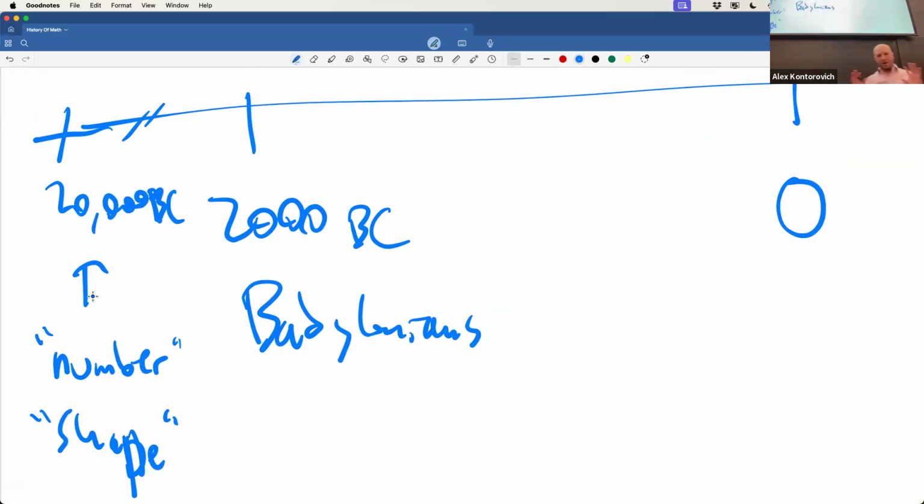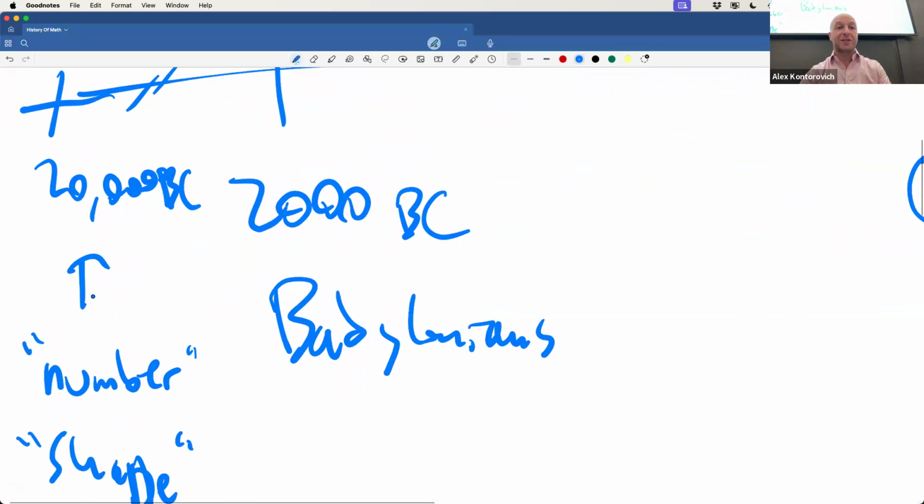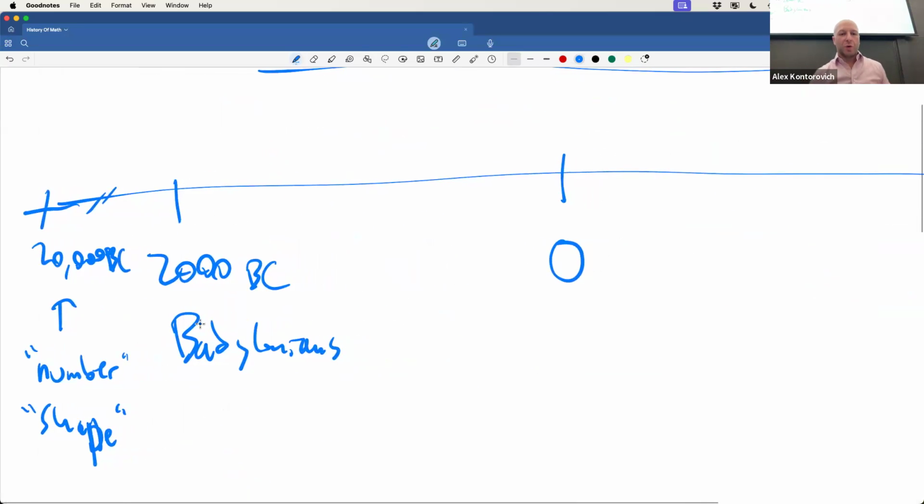We'll talk a lot about number and shape and the effects they have on the study of mathematics. So we'll get to the Babylonians. We're going to discuss, in fact, if time permitting,